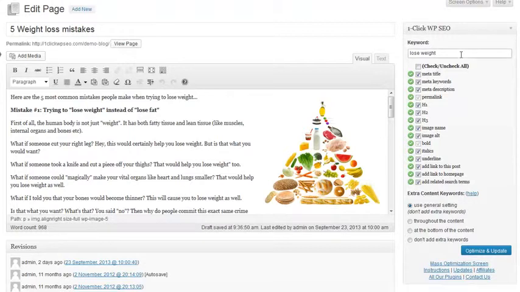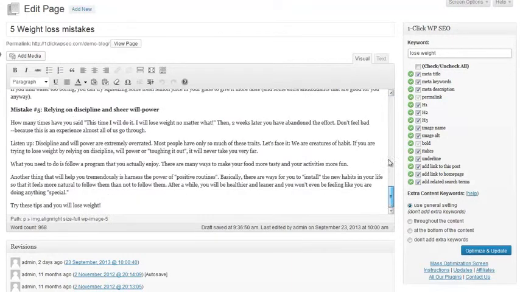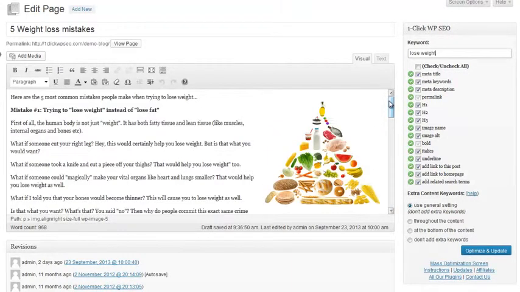By the way, all the SEO changes that are made to the content will not be visible here in this edit content area, but they will be visible when you go to visit your post or page, or when your visitors come, or when search engines like Google visit your site. This is done on purpose so that you won't get confused when you go to edit the content later. Let's go and view page.